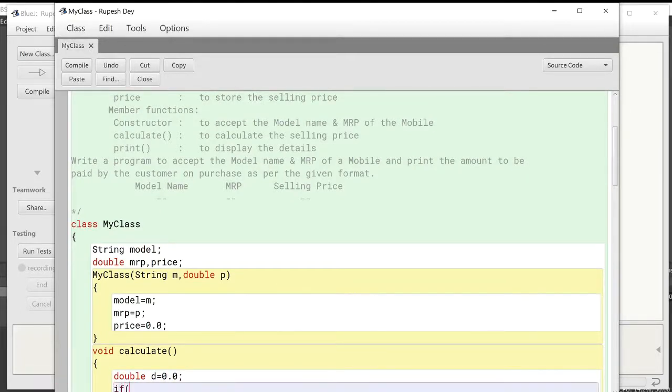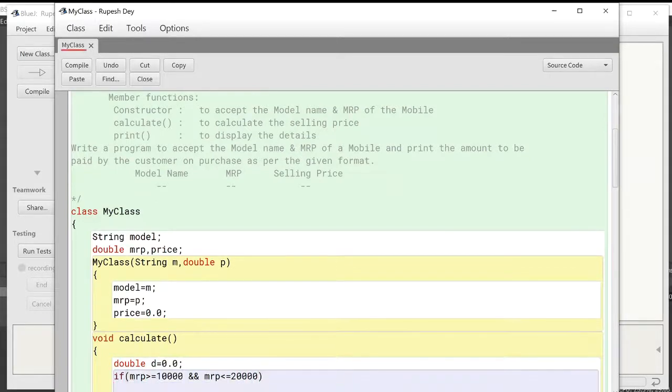Now using if conditional statement we will check the MRP of the mobile. If MRP is greater than equal to 10,000 and MRP less than equal to 20,000, then discount will be 20% of MRP. So D equal to MRP into 20.0 by 100.